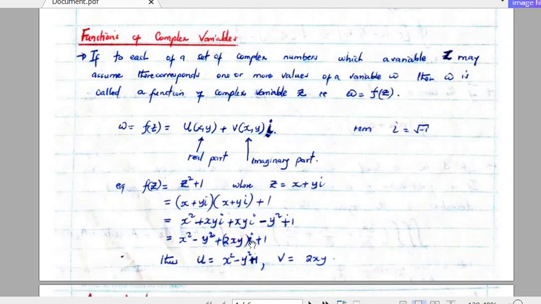Then there is the imaginary part, which is just 2xy, then i. So that simply makes our u as x squared minus y squared plus 1, and our v as 2xy. So this is the real part of this function, and this is the imaginary part of